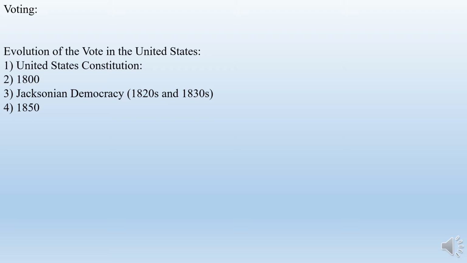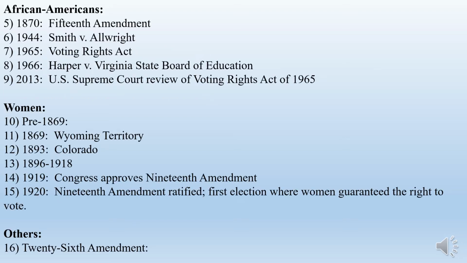It was fluid. It did change over a period of time. Now let's look at how some of these things worked, how they evolved. First, African Americans. Now, African Americans were essentially property prior to 1860 or 1865 in almost all of the states in the South. In the North, they were what we call freed men, but their political power was dependent on the state. And most of the time, they did not actually have any real political power.